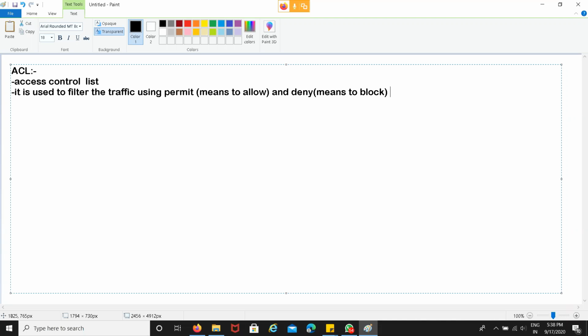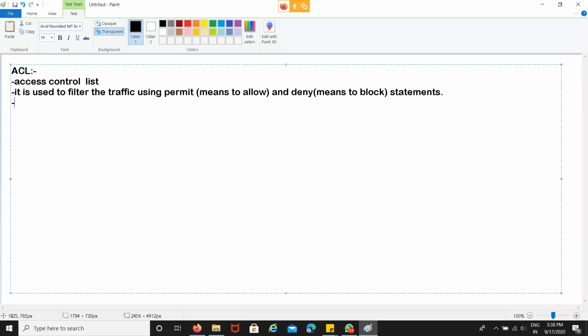This is the concept: allow relevant traffic to my network, block irrelevant traffic and keep it outside of my network. To do these things we use some rules or policies, and that concept is named as ACL. So it is used to filter the traffic using permit and deny statements.